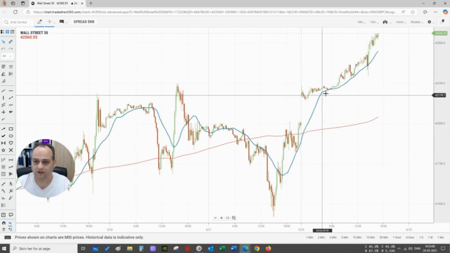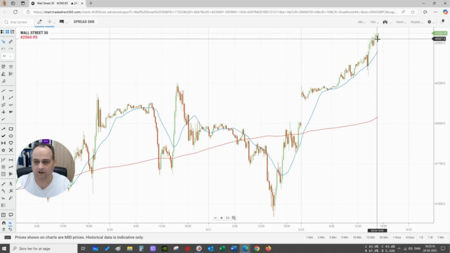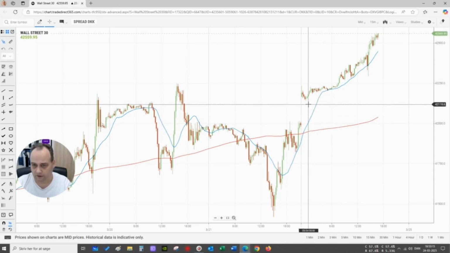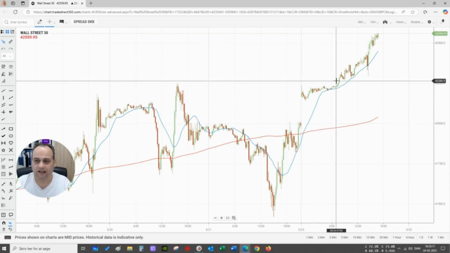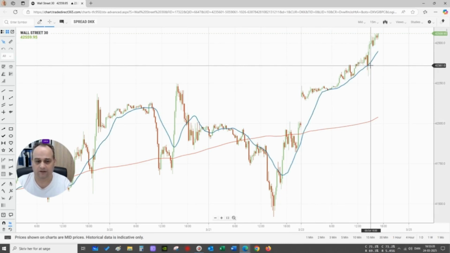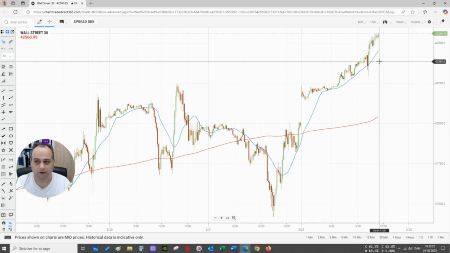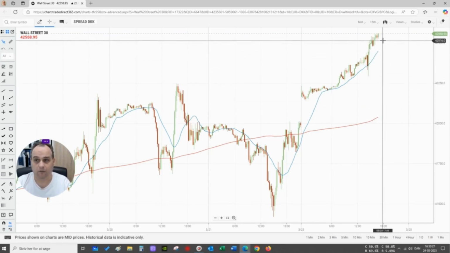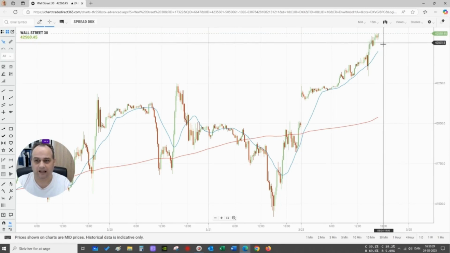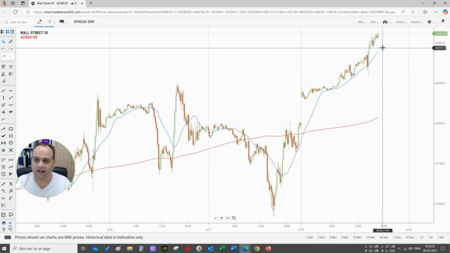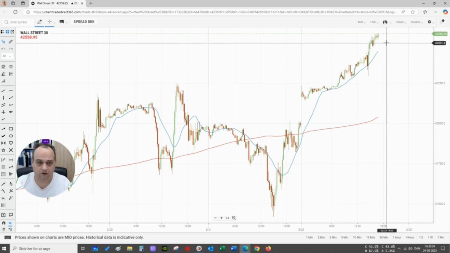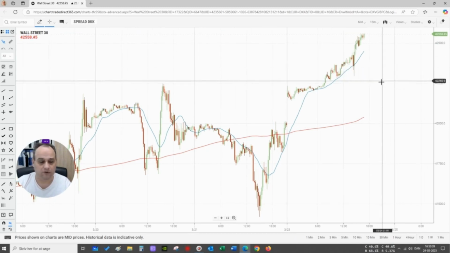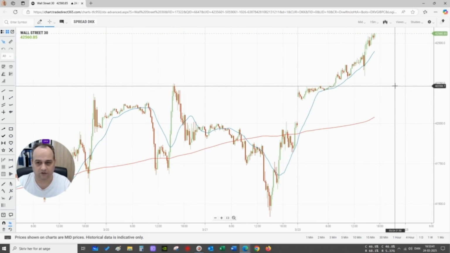Here you can see that price currently is in a very sharp uptrend, and price is above the blue line and the red line, the 20 moving average and the 200 moving average, and therefore you could claim that the price is in a really strong uptrend. But the further away price comes from the red line, and also if price comes away from the blue line, now you have double space or dual space, and then I would actually be looking for longs. This you wouldn't really be able to notice exactly if you were not using these two moving averages.